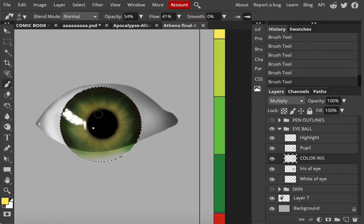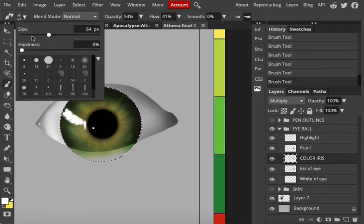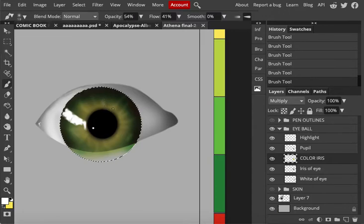And I feel like there's some parts in here that I'd like to make stand out a little bit more. Let me see. I'm going to switch over to my white, and I'm going to get a smaller brush, adjust the hardness just a little bit over here, and keep my opacity and flow sort of light. And I'm going to add a little bit of some other hints of brightness, especially around this